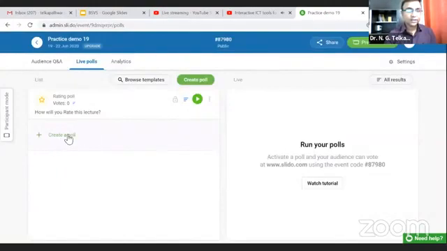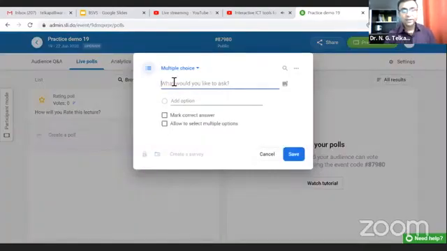Then again click on the option called create a poll. So this is the first survey. Then second is your opinion, maximum value 5, on this Slido tool in the teaching learning process.